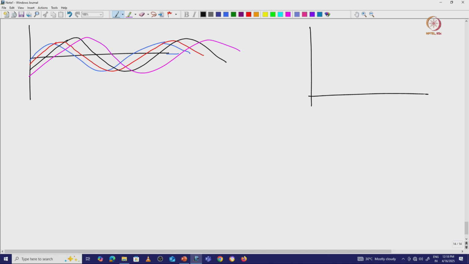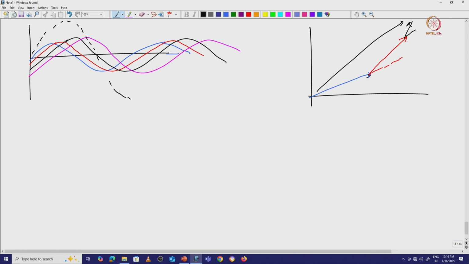If we want to add them like that, one is black or blue. If I consider this is the blue wave, I am drawing that blue wave here, this is the blue, and then red, there is not too much angle difference between them. So, this is the third one, and the third one will be the black. So, the third one also I have to draw like that, and then we can add all of them. So, in those cases your amplitude will be much higher.